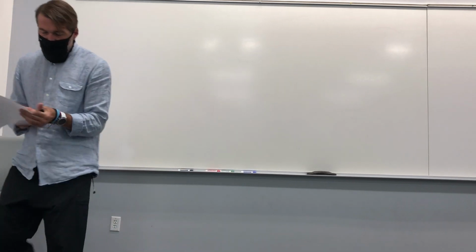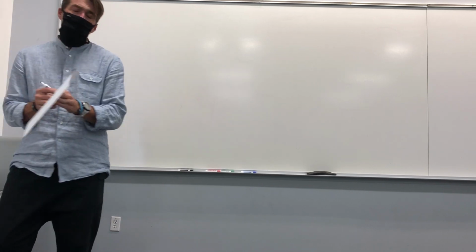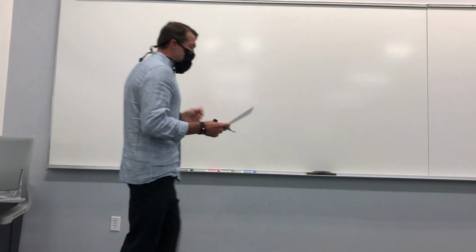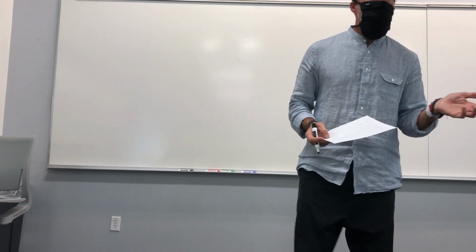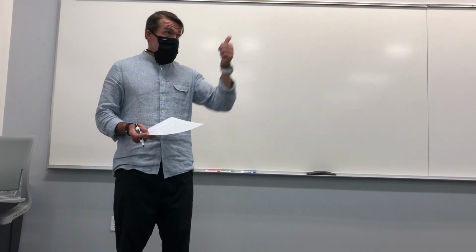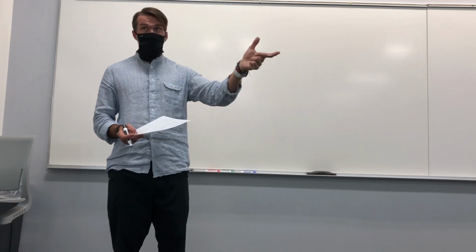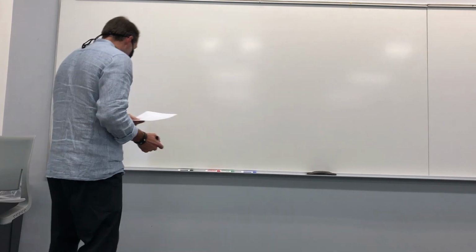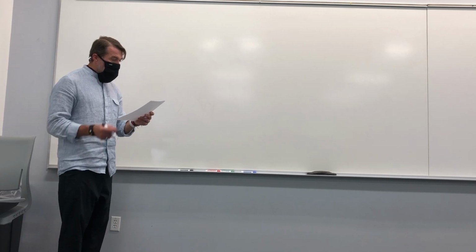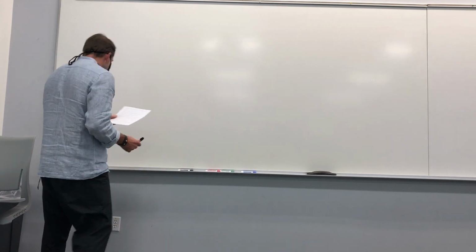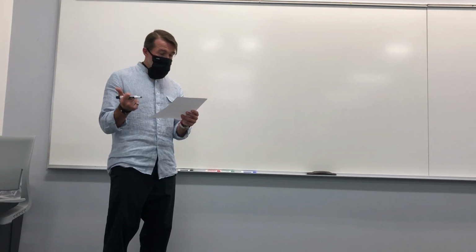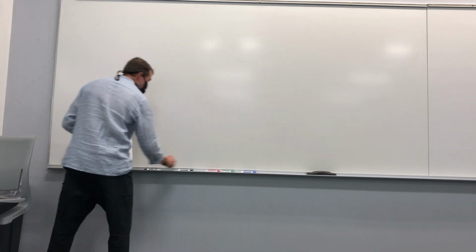All right, so I'm going to quickly make a note about what I talked about at the end of the last lecture, and then we'll move into the new material. The very last thing I talked about was the idea of spanning. If you want your set to be a basis, it has to be linearly independent, and it has to span the vector space. So one of the interesting things is that if you have a set of vectors which span the space and are linearly independent, then they form a basis, and this leads us to the following result,